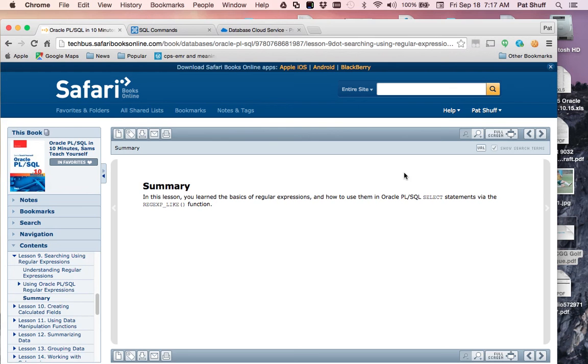So regular expressions are pretty powerful. It allows you to do a wide variety of things. I'm personally not a fan of them, just because they make it more complex to read, and if you need them, they're excellent, but my best recommendation is not to use them if you